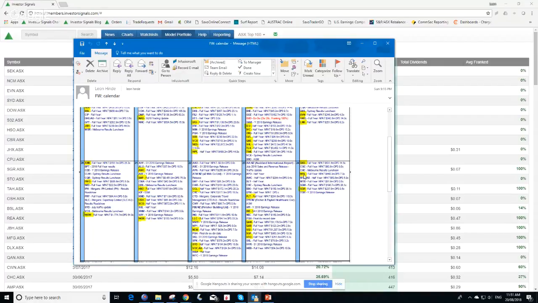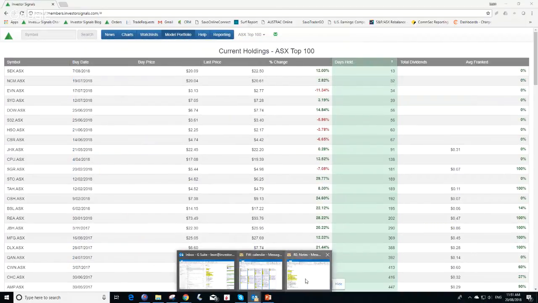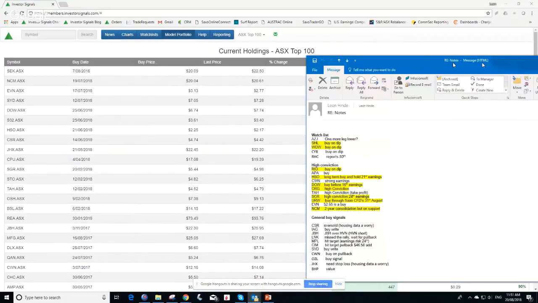Brambles we've covered. Medibank, just mindful that the last two earnings results have showed very little in the way of revenue growth, so not sure there's much room for a positive surprise there at the moment. Star Entertainment, we're bullish on that, thinking that the VIP gaming looks better than the market is pricing in at the moment. So take that out of screen. We'll bring in the notes for you to have a look at,